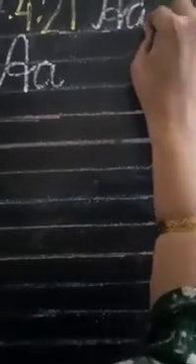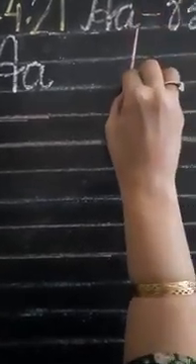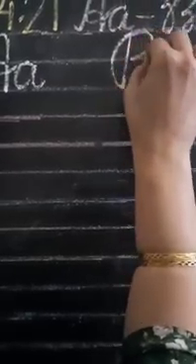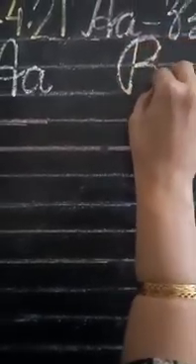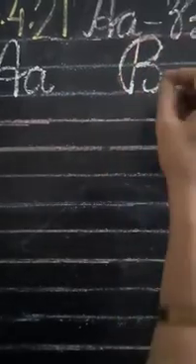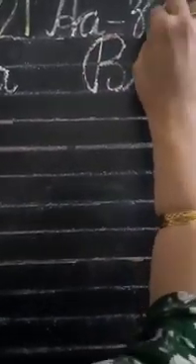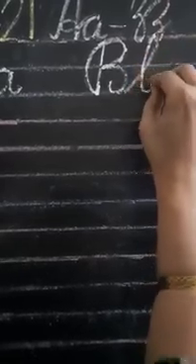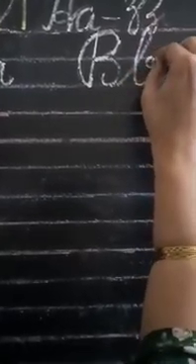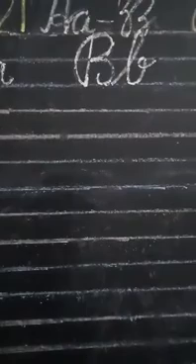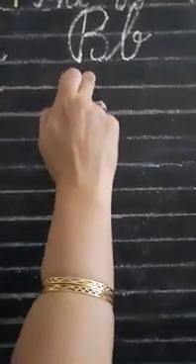After joining A, it comes joining B. For joining B, come down, go up, make a semicircle. Okay, then again make a semicircle and take a turn. Okay, and from below, go up, touching, go up and come down, cut on the line and take a turn and touch first blue line. Okay, what is this? This is joining B.